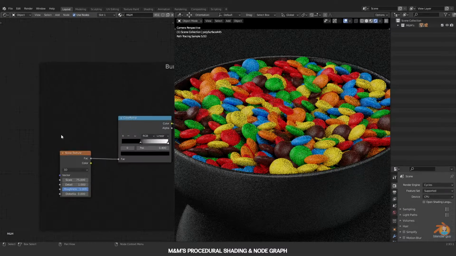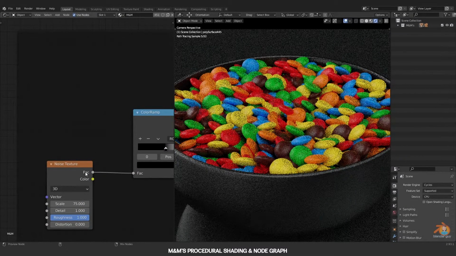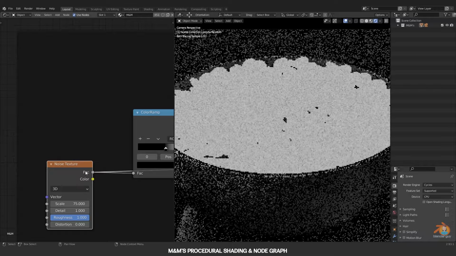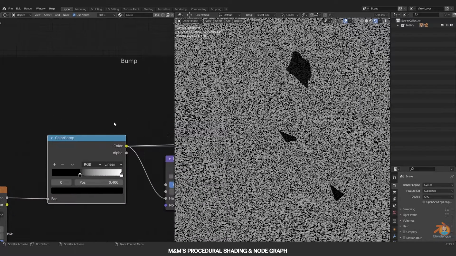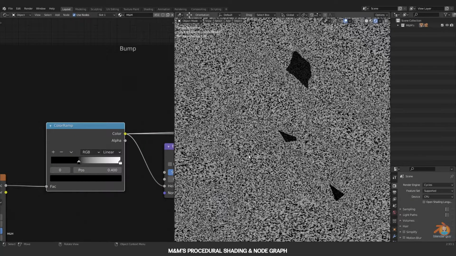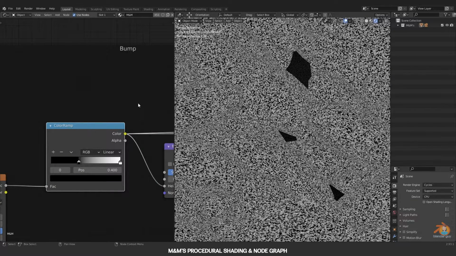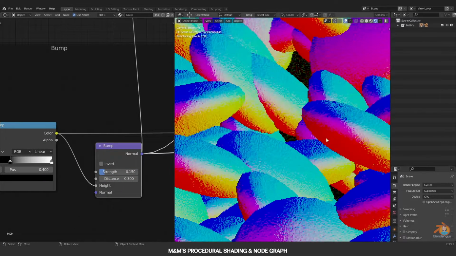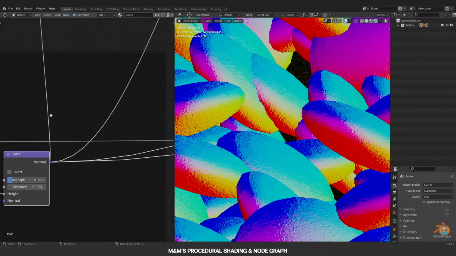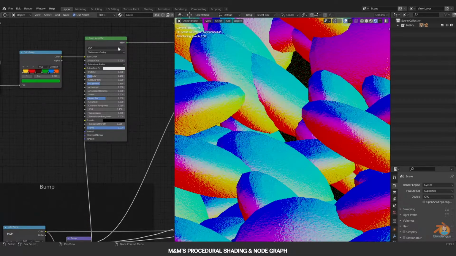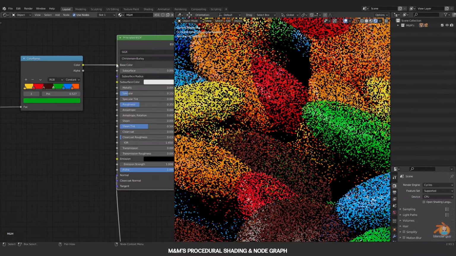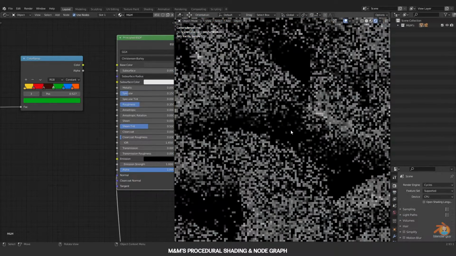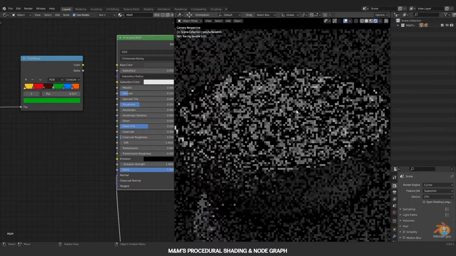And coming to bump part, I have used a noise, as I can show you here. I'm just control shift clicking on it. I have connected a noise texture, as you can see here, and I have made it more contrast by using this color ramp and connected to the normals. This is our main shader. If I disconnect this, you can see only the Lambert part.